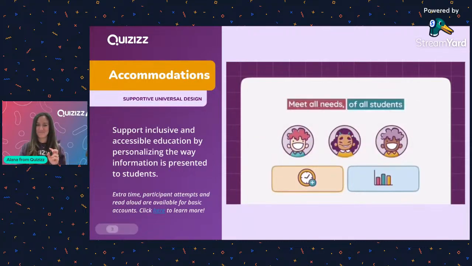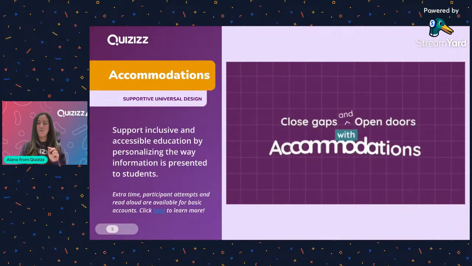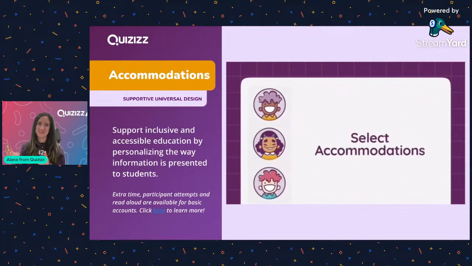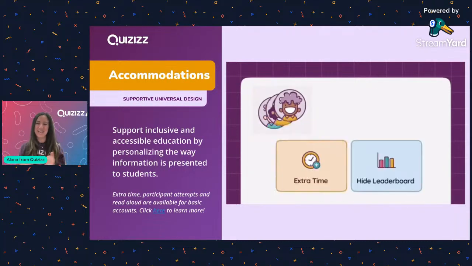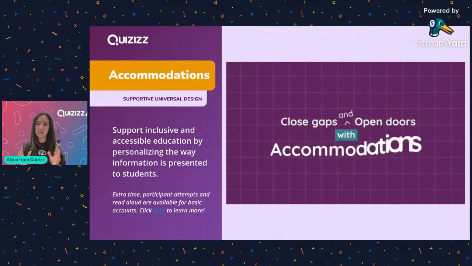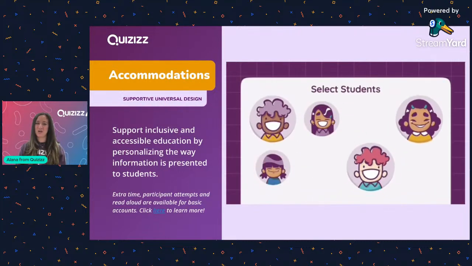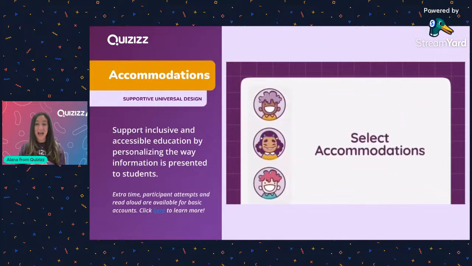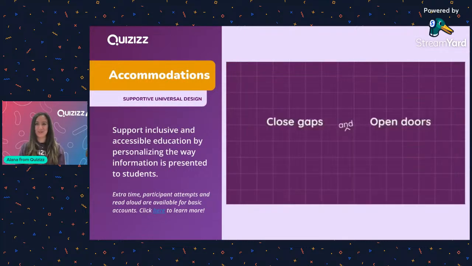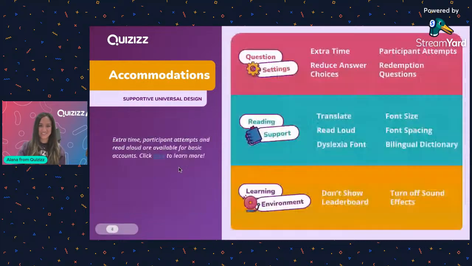It's really, really amazing to see students that maybe weren't as confident and maybe they hadn't made the leaderboard when they were playing a big Quizizz activity. But the accommodations that you're able to set to make that content more accessible for your students are really amazing. So if you have not checked these out yet, it is an absolute must. Put it on the top of your list.